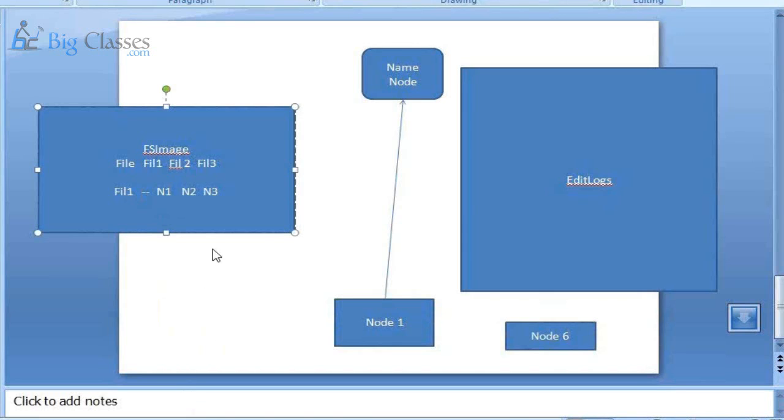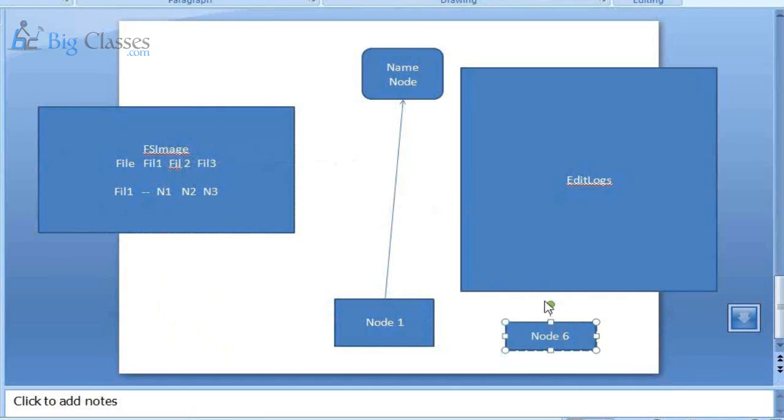But what happens is that next time when the client is approaching to access this particular file, I should not have this particular name node 1. Instead of that one, I need to have this particular name node 6 that should be existing here, right? How this is going to happen here is this name node 6, once this is initiated,